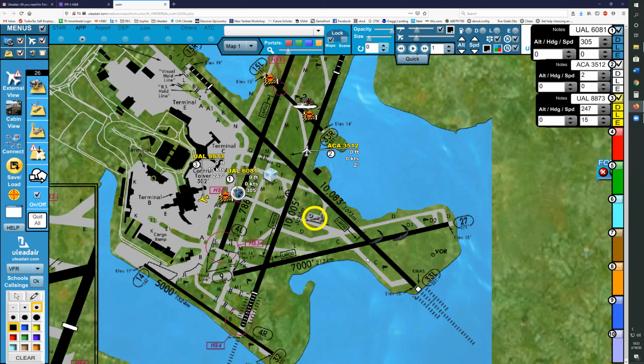"Ground control, United 8873, we haven't finished the pushback, and we still have the traffic inside." Yes, but United 6081, Miguel. Now they call you and say the United company is pushing back, and when he's clear, you'll be able to continue to taxi to the ramp. So United 6081, tell him you have the traffic in sight, and he has not pushed back yet.